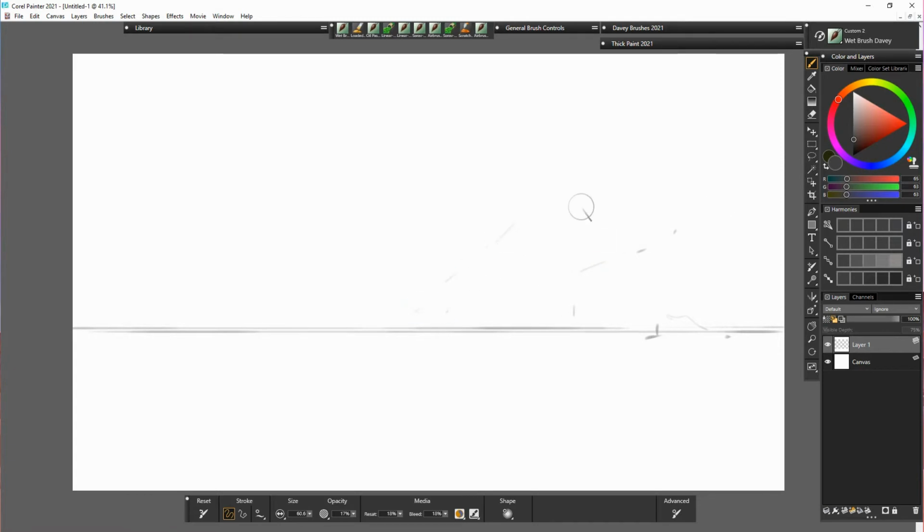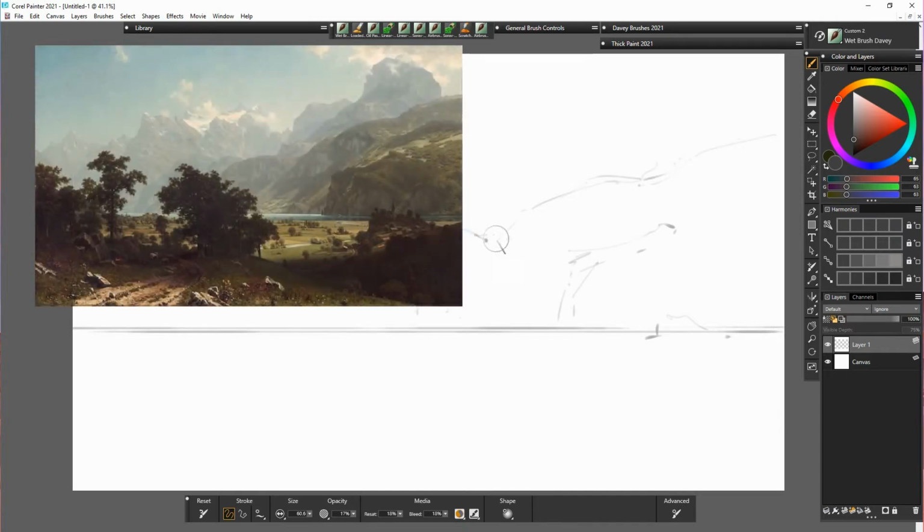I'll just talk you through the painting process as I'm watching this back. I'm not actually drawing at the same time. So first of all, looking at the original painting,